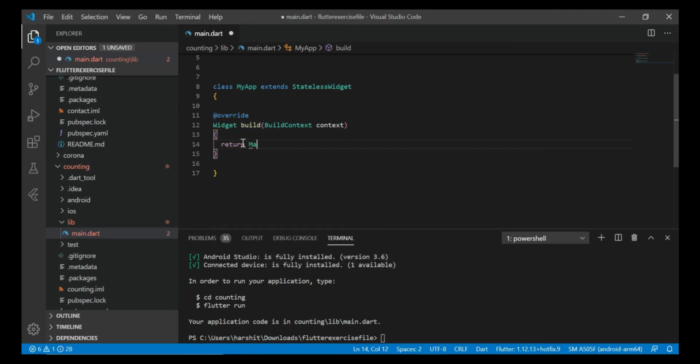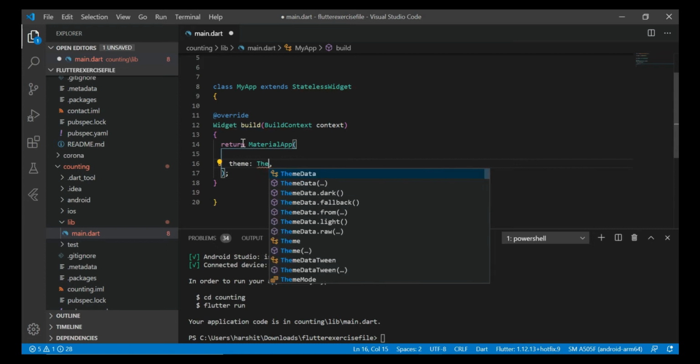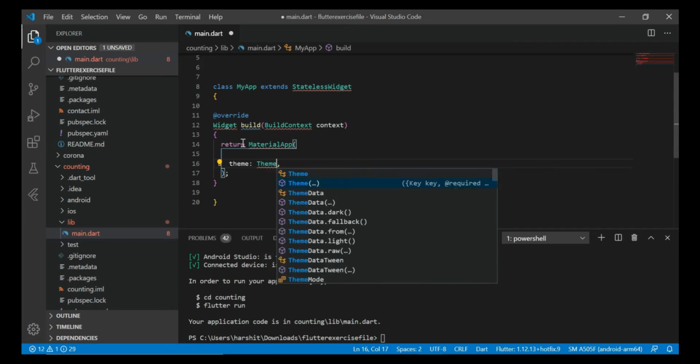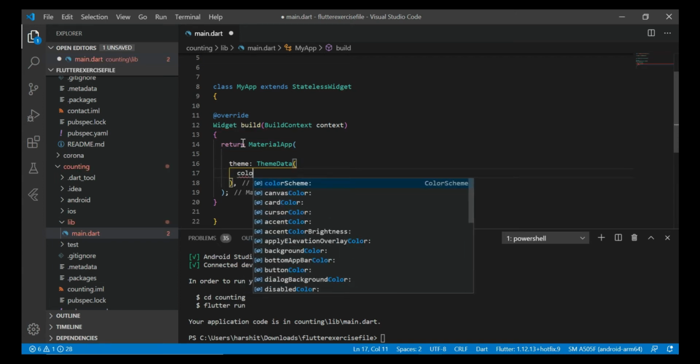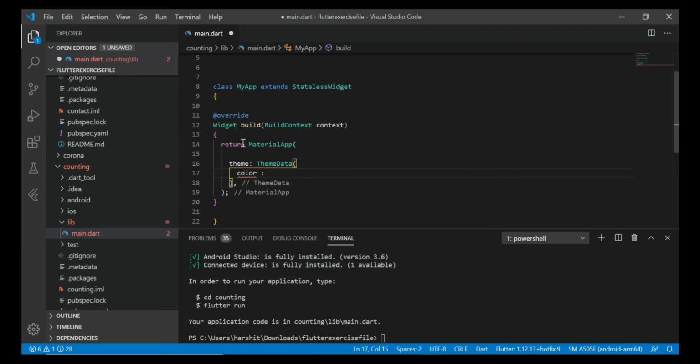And material app sets the limitation to all the widgets to fit into the screen. So we are using this as a root widget and all other widgets are child of it. I know it sounds a little bit confusing in the start, so don't worry, all your concepts get cleared when you watch the 4 to 5 basic parts of the Flutter basic series. Don't worry, Flutter is super easy, and you'll love it.